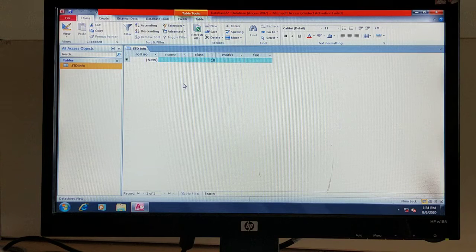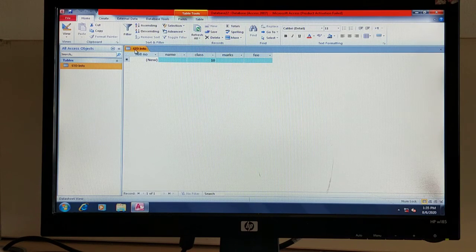But for such a person who doesn't know how to use MS Access, you can use forms. For such kinds of users, we have to create forms. With the help of the forms, they can enter information, and automatically the information will be added to the table. Right now I don't have any records in the table called student info. So now we'll go for